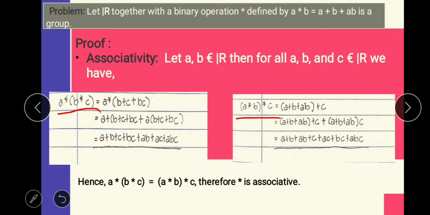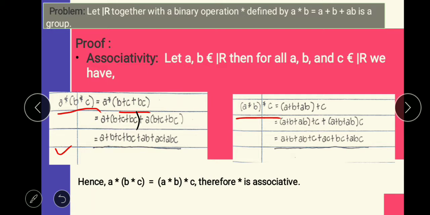Let us verify this first. If we are going to apply the binary operation here, let's do first the one in the parentheses. So we get A star, the quantity B plus C plus BC, according to the definition of the binary operation. And so by applying again the definition, A star, the quantity B plus C plus BC, we get A plus